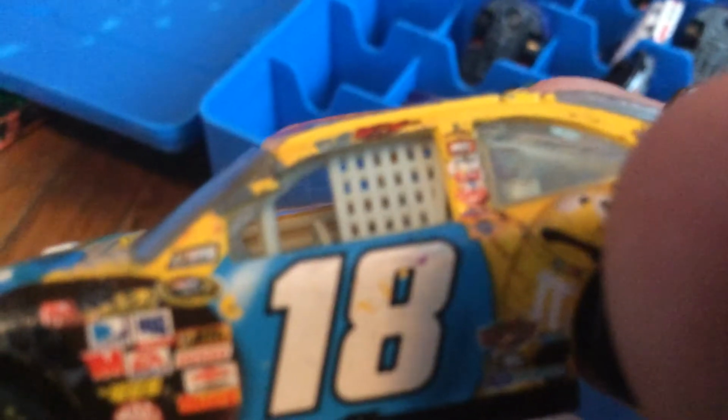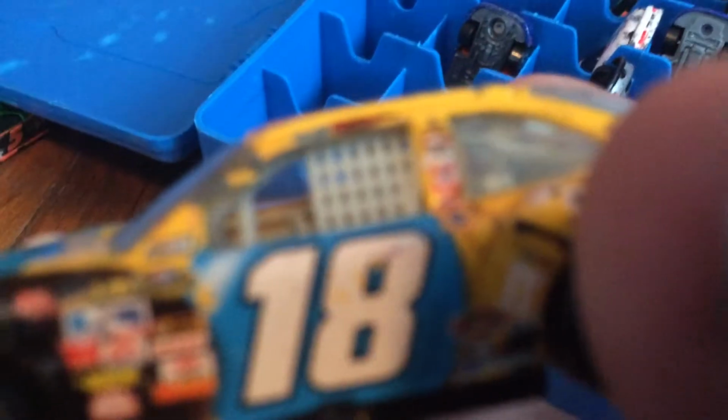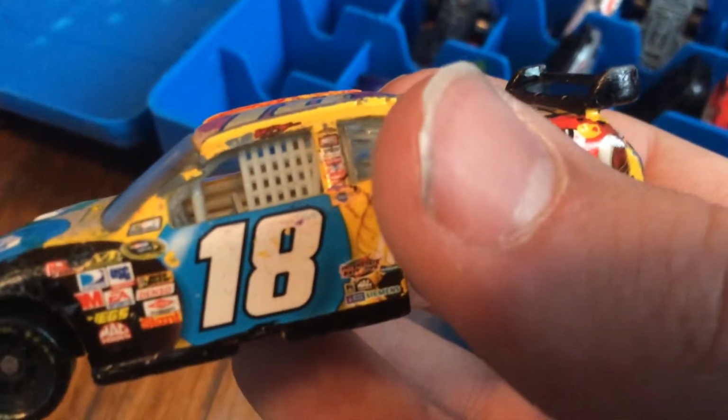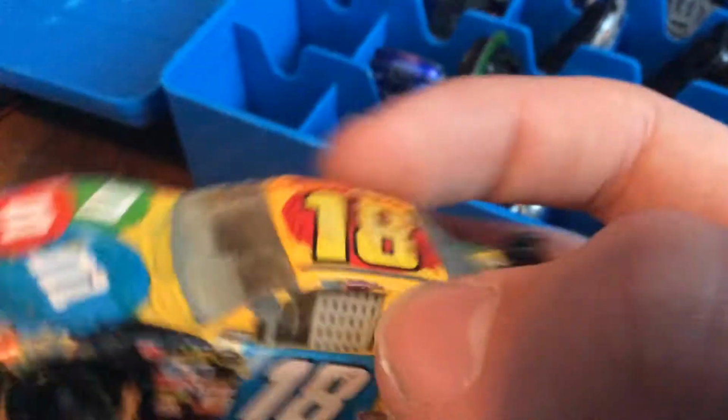See if I can get it to focus there, guys. Okay, making it worse probably. But can you guys believe that? That is bent. There we go. You can see, if I probably...